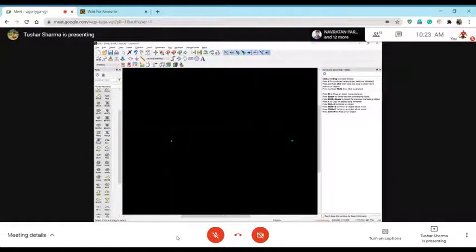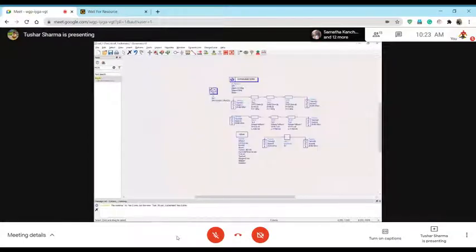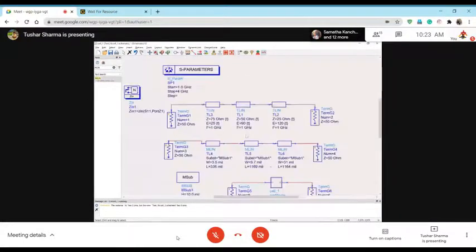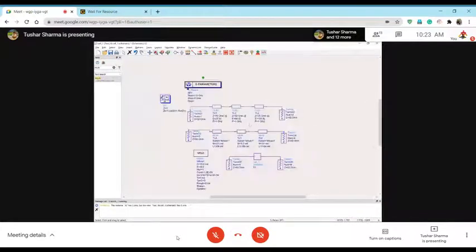Yes, you would have used ANSYS software for designing passives, which means designing antennas or something. In ANSYS, you cannot do what I am doing here. ANSYS is not a circuit simulator. In ANSYS you can do S parameters, but from an EM perspective, it's the same. Electromagnetic simulation is the same. But when it comes to circuit level and system level implementation, that cannot be done in ANSYS.